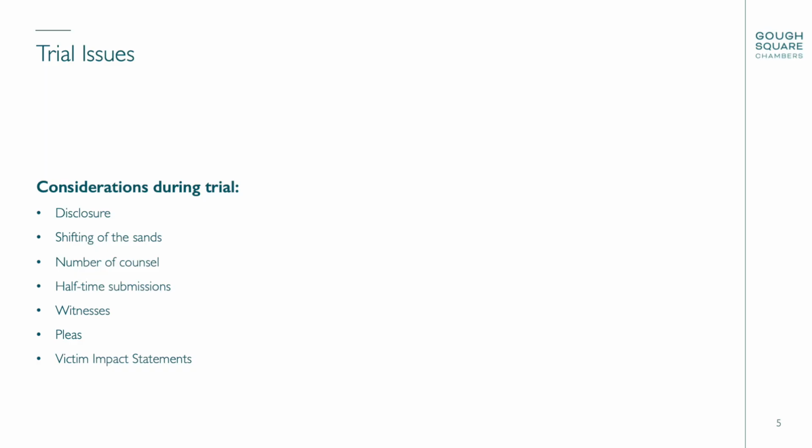We then move to issues that arise during the trial process itself. Firstly, disclosure, the dreaded D word. If you think that all of the disclosure has now been sorted out and we can just crack on with the trial, I'm afraid I have news, and not good news. The most common scenario with complex trials is that counsel will not have been able to devote a large amount of time to the case due to their workload and legal aid issues prior to the trial, and will suddenly, a few weeks before you're ready to start, get a grip on the evidence and the disclosure requests will start flooding in.